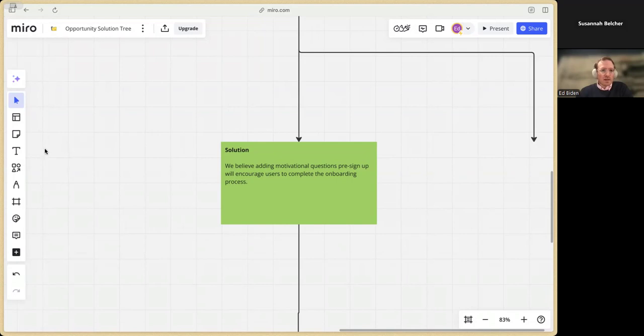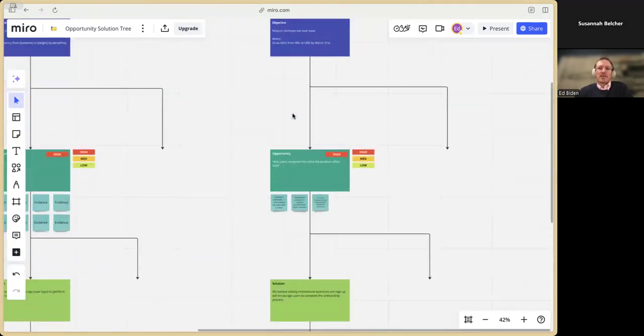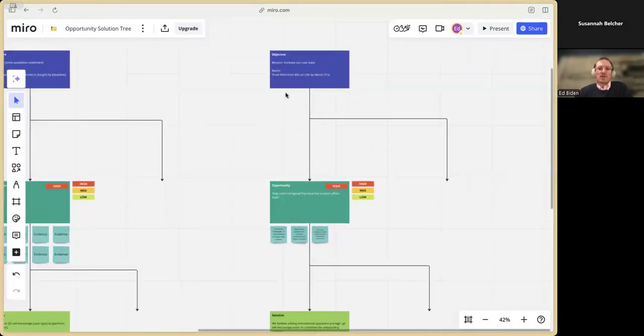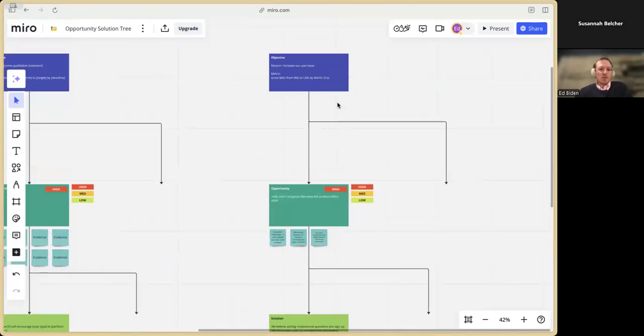Okay, Andrea is asking, does OST work if product and design work mostly on outcomes and opportunities, and involve engineering and solution architects more at the point of coming up with solutions? I always believe in the power of the product trio. If you can get your engineers and your solution architects involved right from the start, from defining the objectives and then the opportunities and all the way through, that's going to make them much more bought in than just going to them when you're starting to talk about solutions